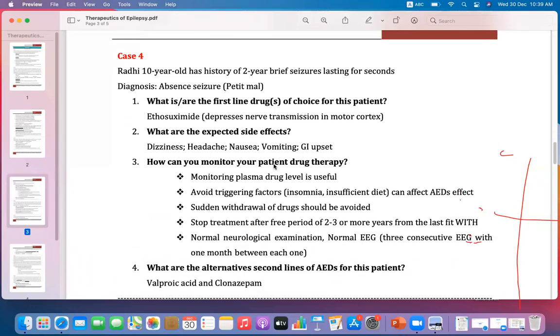Next case, case 4. Radhi, 10 years old, has a history of 2 years of brief seizures lasting for seconds, and the diagnosis is absence seizure or petit mal. Generally, absence seizures and petit mal are seen in children from the age of 2 to 12 years, and absence seizure and petit mal is characterized by